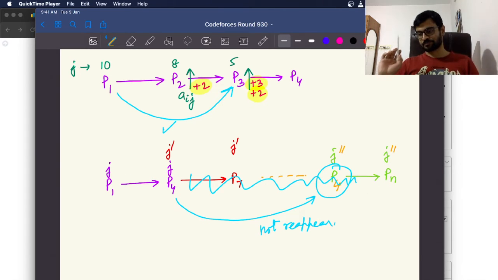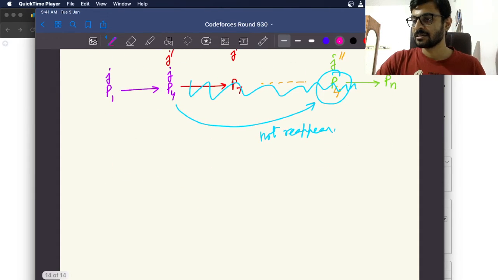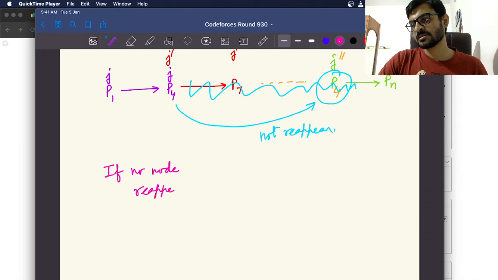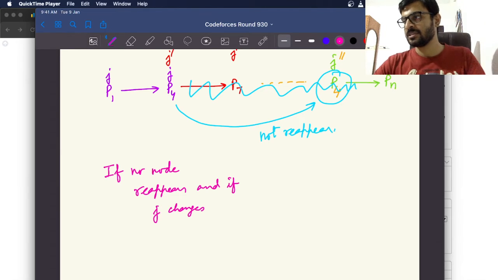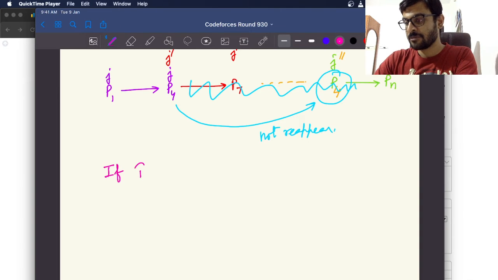So the thing is, if no node reappears, and if J changes at every step, these two conditions are very important conditions for this problem. If no node reappears in the shortest path,